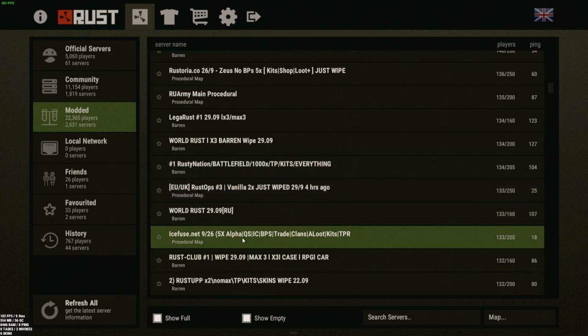It's 5 times alpha. QS, no idea. IC, no idea. Blueprint system, that's BPS. Trade. Trade is something you can do now where if you've got multiple people on your team, you can actually trade items without actually seeing them. You can be literally on opposite sides of the map and you type in /trade and the person's name and you can literally trade items,